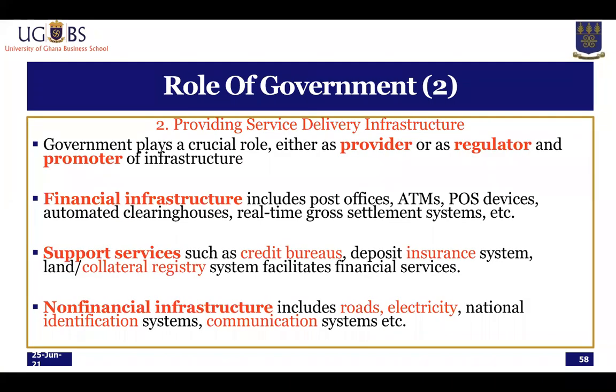Now, government also has a duty to provide systems for the delivery of financial inclusion. So in essence, providing service delivery infrastructure. So one, as a provider, a regulator or promoter of infrastructure. So they either provide it directly, or they provide the regulatory environment and end up promoting other people to get into the space. In fact, when you read